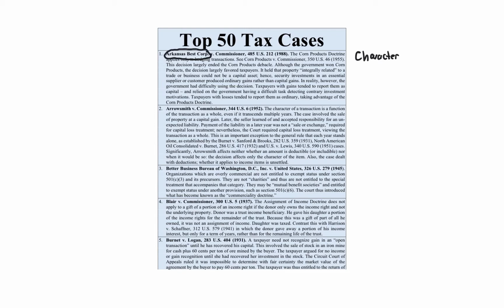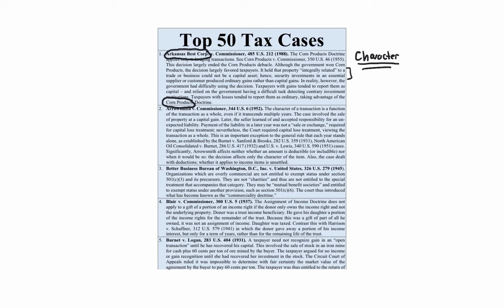So the Arkansas Best case, this case is a character case. Characterization. That's one of the five questions. That's the main question it deals with. And the main thing is that Arkansas Best basically limited the Corn Products case. So that's another case we're going to talk about, Corn Products. And Corn Products focused on the list of what's a capital asset, it held that